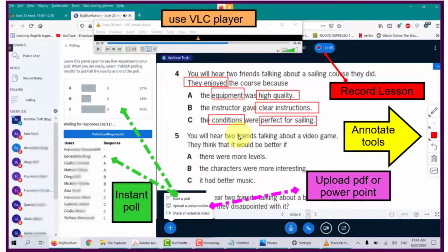And unlike Zoom, you do not have to screen share in order to see this PDF. This PDF has been uploaded into the structure of the platform, and I'll show you how to do that. And once it's uploaded, we can use these annotating tools. Both the teacher and the students can use the tools, and you can also record the lesson if you have